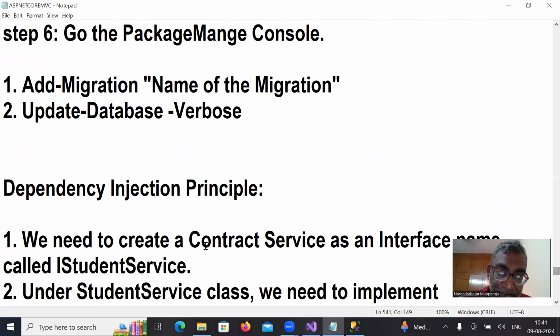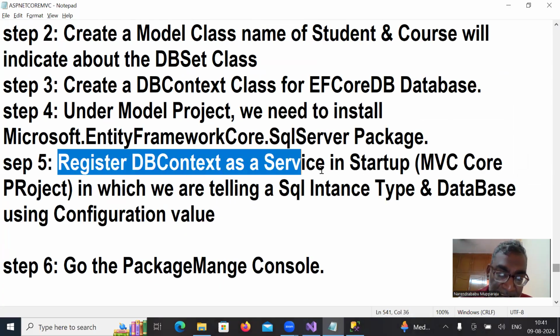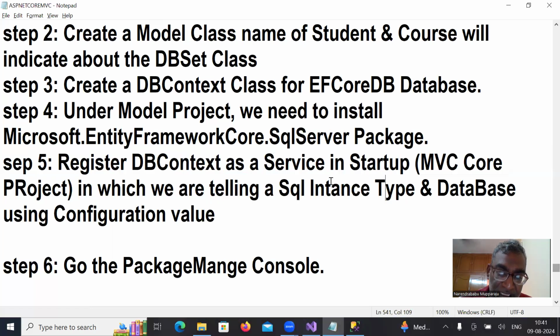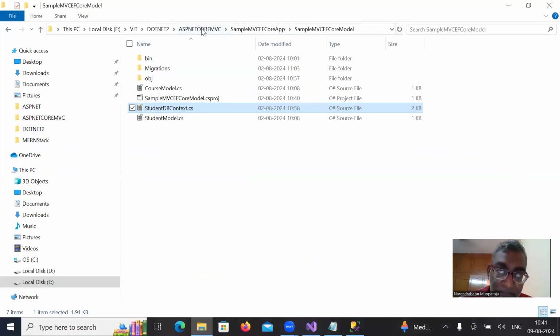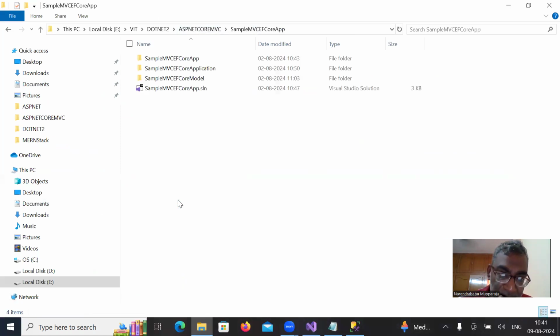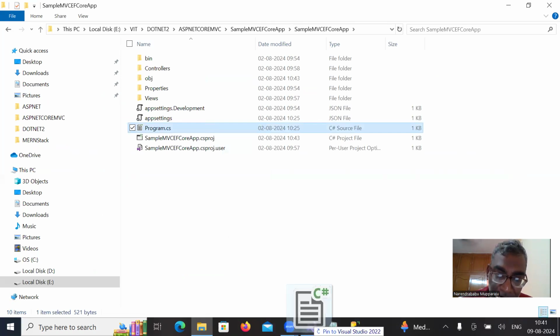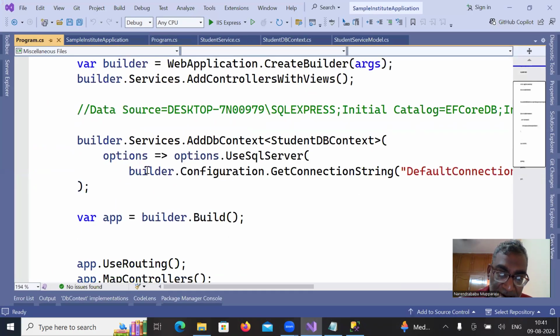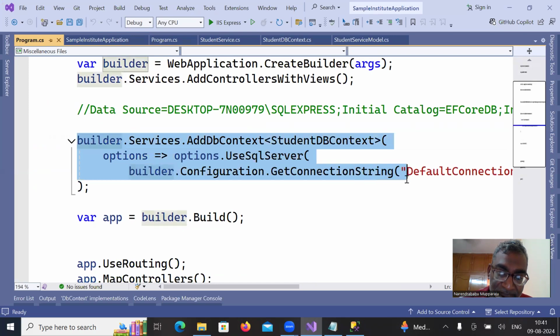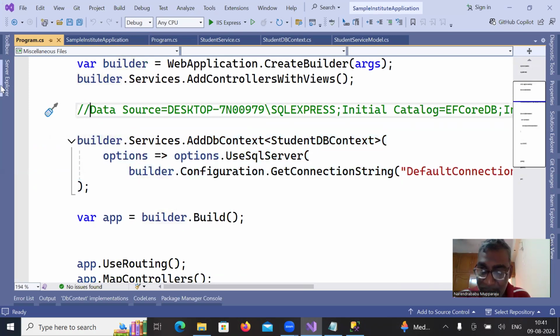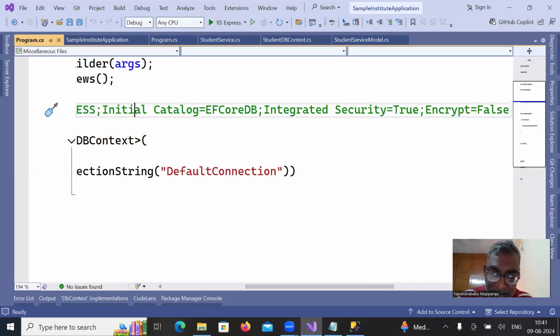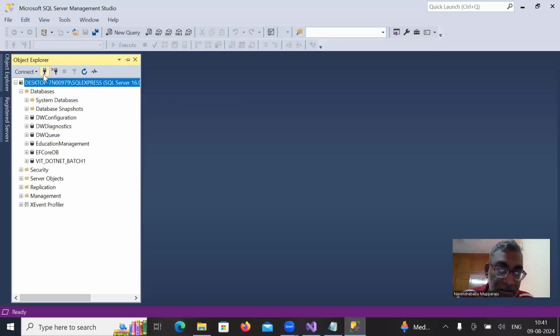Now you see, register the DB context as a service in MVC core, in which we are telling what type of configuration value. Or you got my point? Let me go here, go back. Say in the app, you see there is a program.cs file. Okay. Now go back, keep this file here. You see, I added a DB context. See, this is my database name. How I'm going to create a database name is connect,